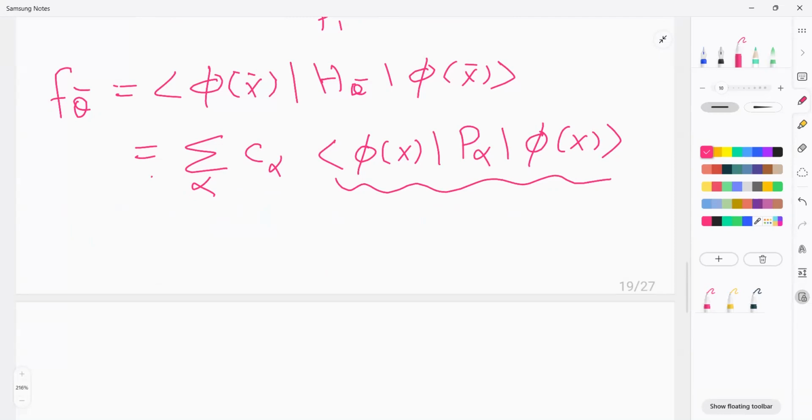Let's call it some phi alpha that depends on x. Actually, instead of using capital phi, let me use a small phi just to make it different from this phi. So that's a different phi, this is a different phi, and this is